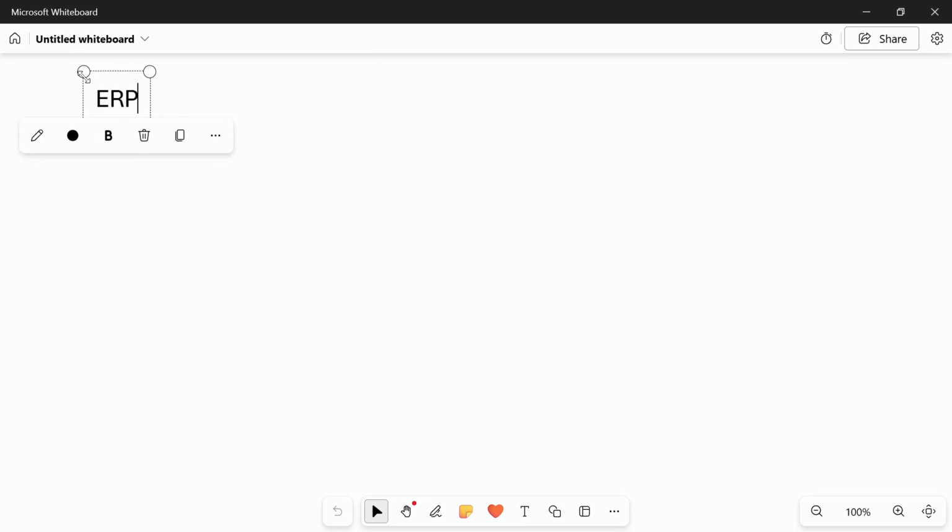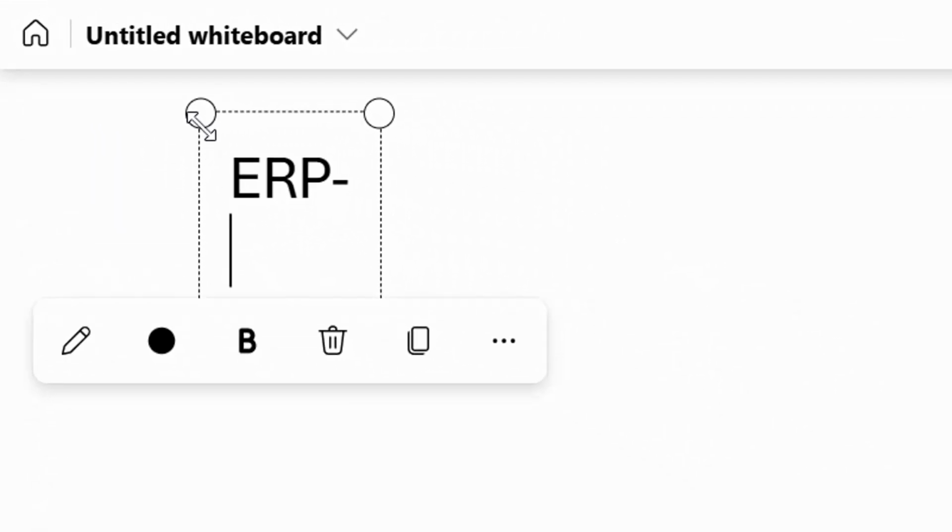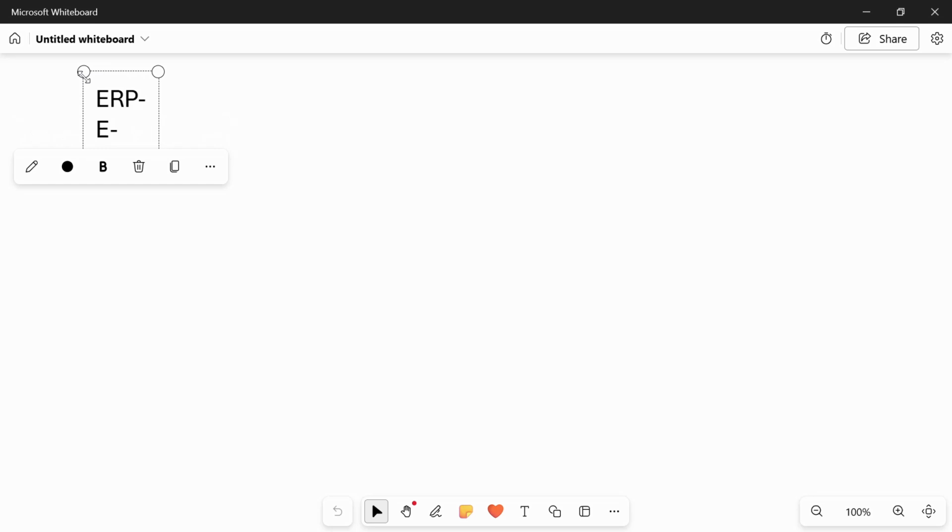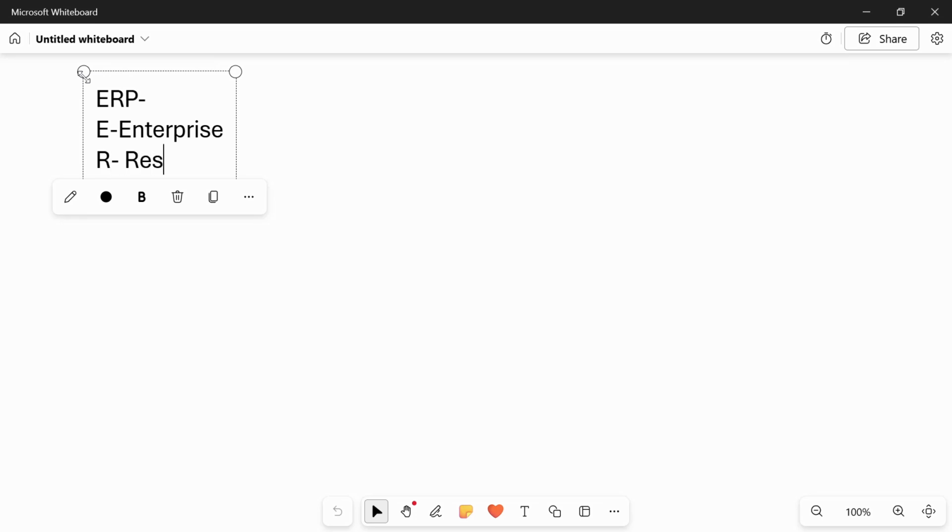What is ERP? First we will see its full form. So ERP is E is for what? Enterprise. Right. R is for what? Resource. And P for plan. Correct? Plan. This is their full form. Okay. So basically, ERP is a tool which helps businesses run their operations, day-to-day activity, efficiently and smoothly.